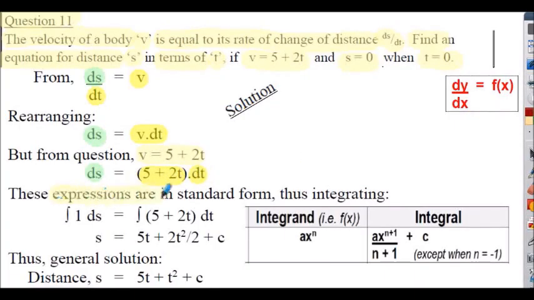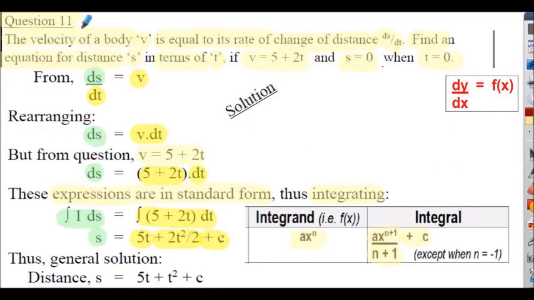These expressions are in standard form, so integrating as per the table shown below. On the left hand side we integrate 1 with respect to s. On the right hand side we integrate 5 plus 2t with respect to t. So left hand side integrates to s, and using our standard form on the right hand side, 5 integrates to 5t. The plus 2t integrates to plus 2t squared divided by 2, plus the constant of integration on the right hand